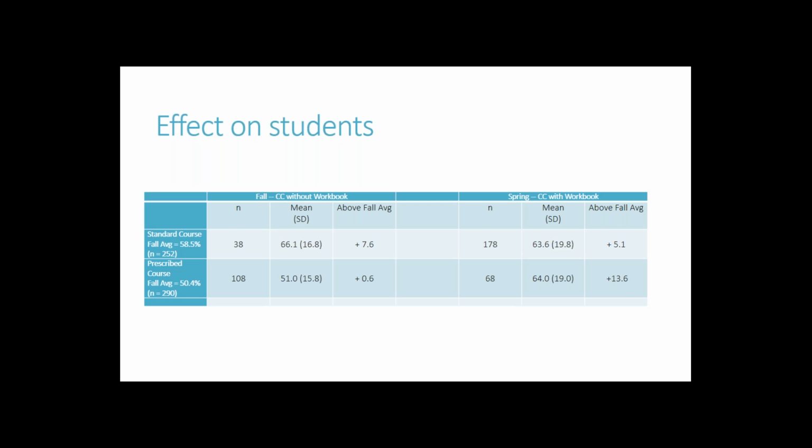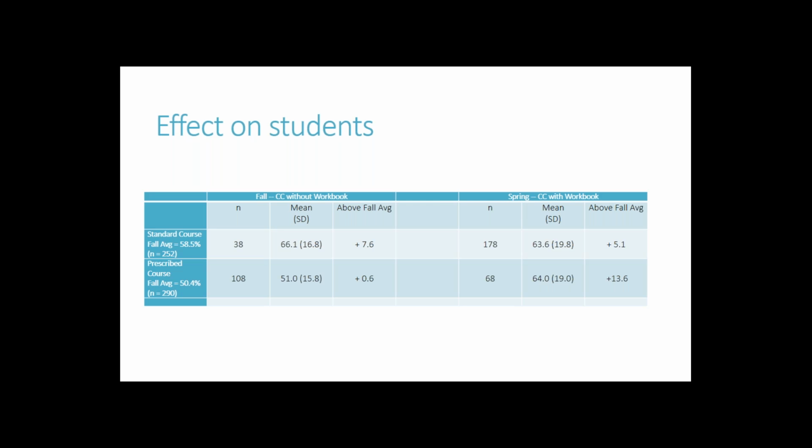We had a little bit of a hard time deciding how to compare the course community members to the general population. And we decided that those of us who were part of the MTStatPal project who had written the workbook should not be included. So that's why the N for the standard course in the fall is so small, because most of the standard course students were being taught by faculty who wrote the MTStatPal materials. And so we didn't think it was fair to compare us to everybody else.